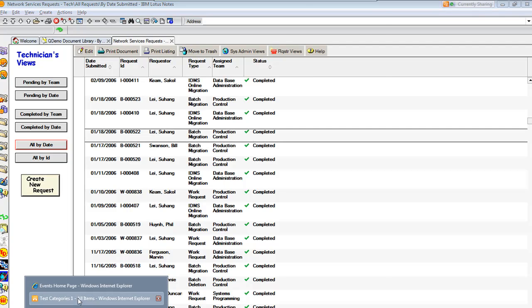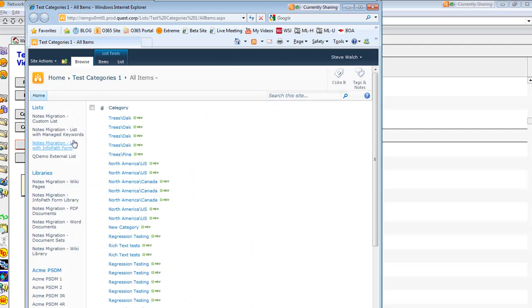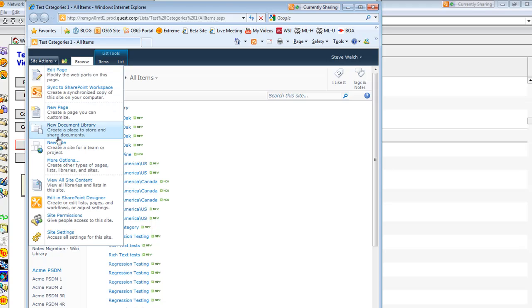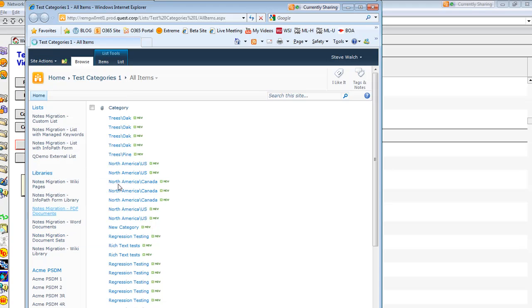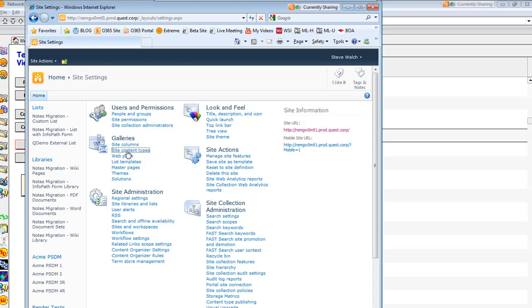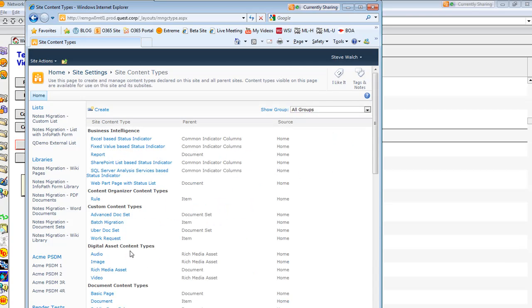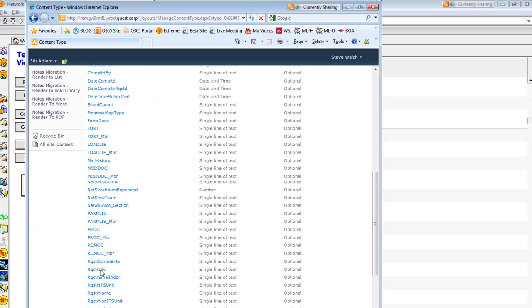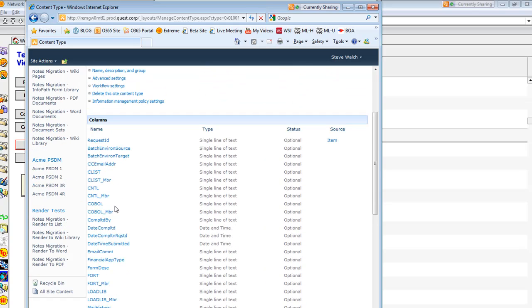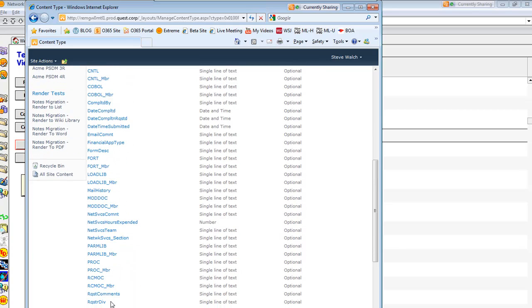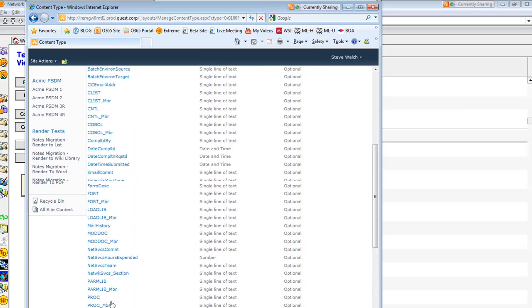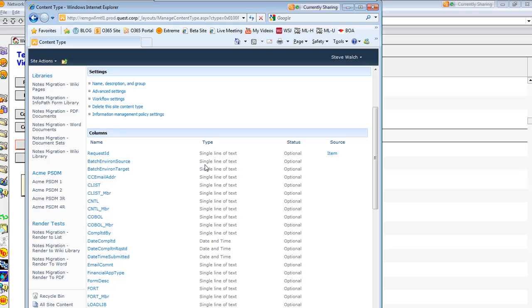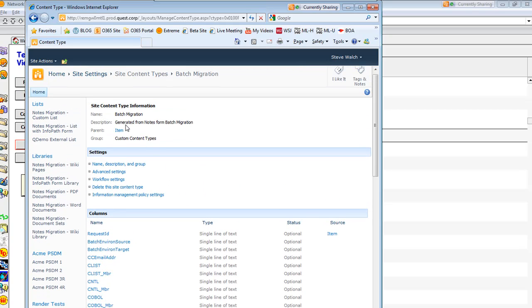So if I go into my SharePoint list and go into my site actions, site settings, and look at my site content types, I can see I've defined a couple content types that just had the same fields. And I was really lazy here. I just took all the exact internal names I had in Notes. If this was a real application, I might take some time to pretty this up quite a bit. But I just took all the fields that we had in Notes for a batch migration form and added